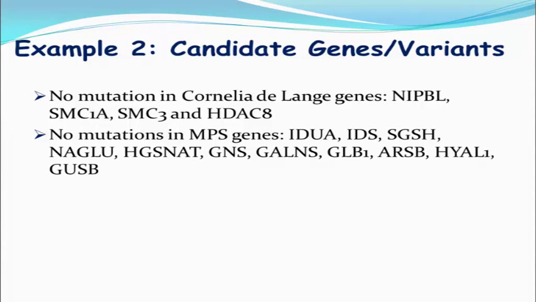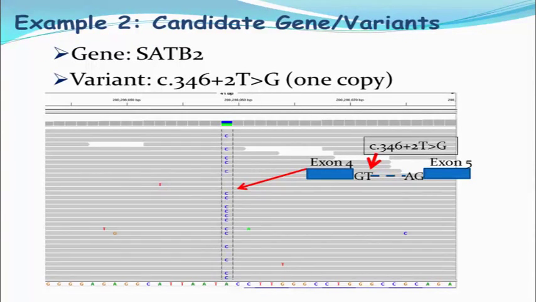We first looked at the genes that can cause craniosynostosis and mucopolysaccharidosis genes. No mutations have been found in any of these genes. Then we found a mutation in the SATB2 gene. This gene has a mutation in the